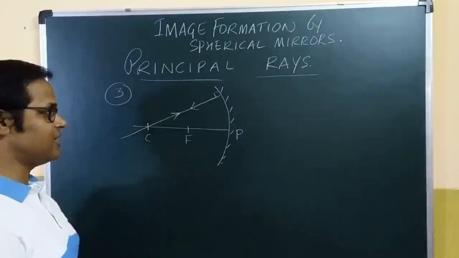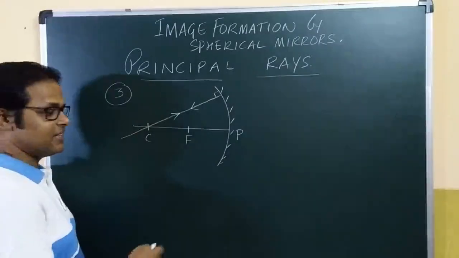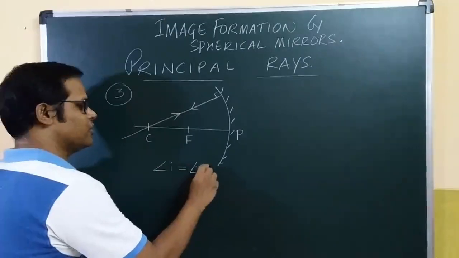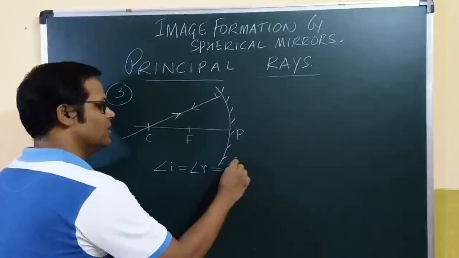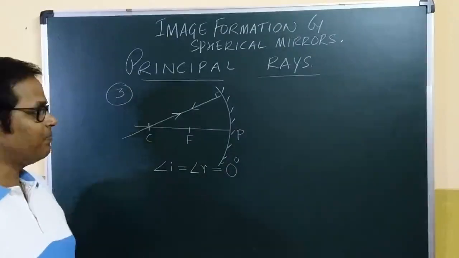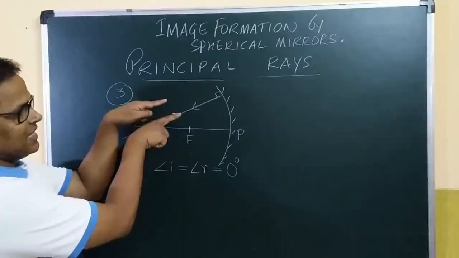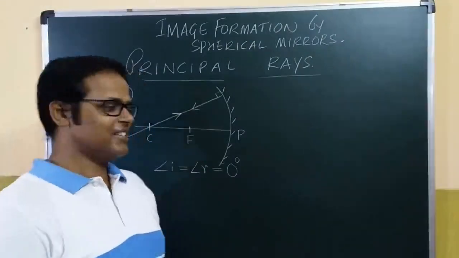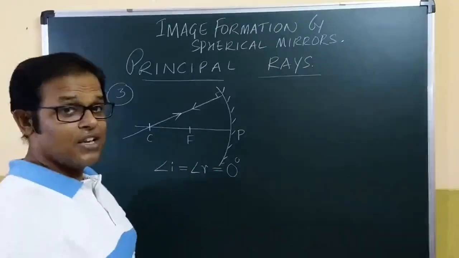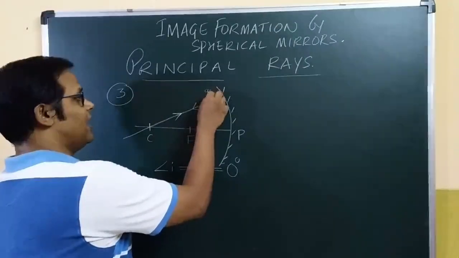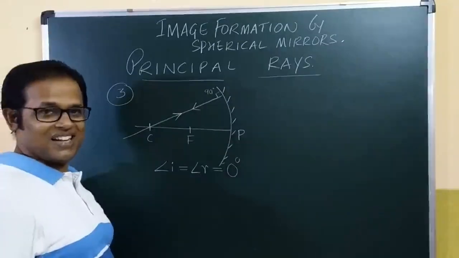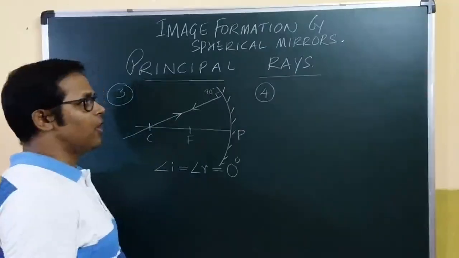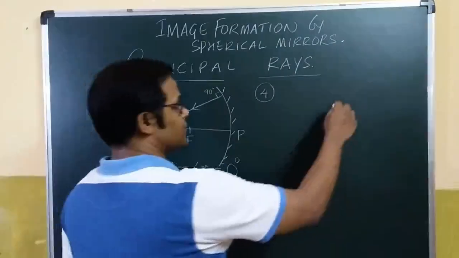It always retraces its own path, and hence in this case, angle of incidence and angle of reflection both have to be equal to 0 degrees, because the normal and the incident or the reflected rays are exactly parallel to each other. So the angle formed will be 0 degrees, not 90 degrees, as some students make a mistake about it. Clear? And the fourth and the final principal ray valid for concave mirrors is,